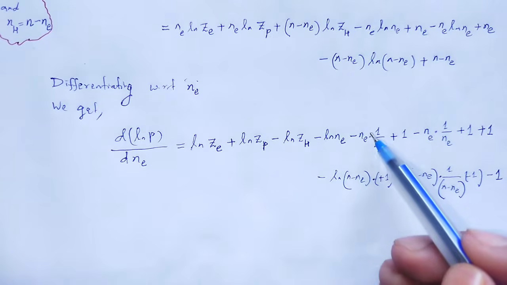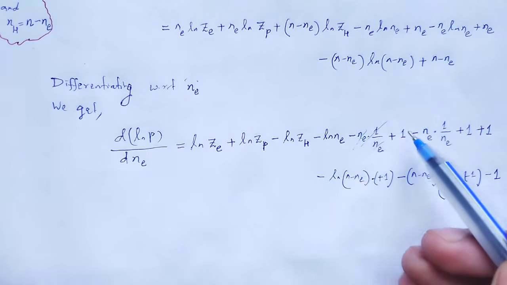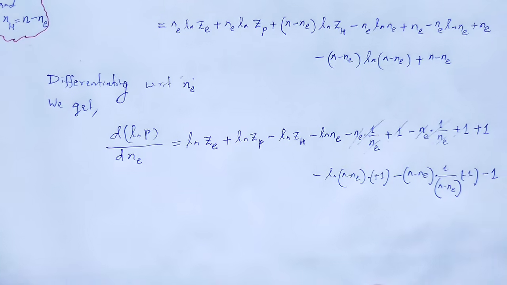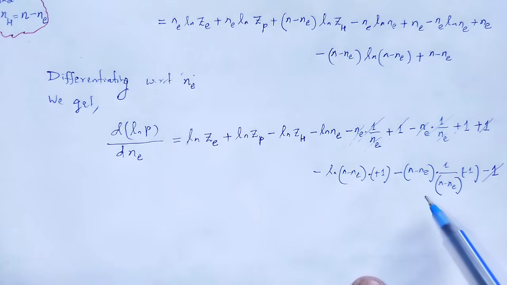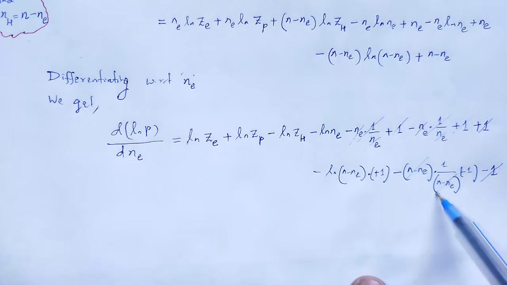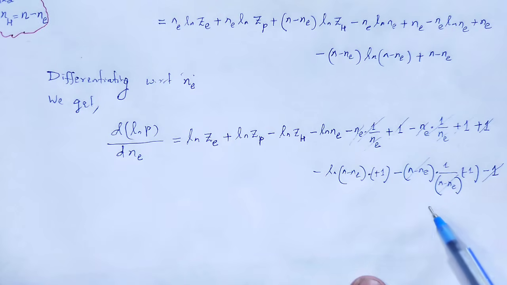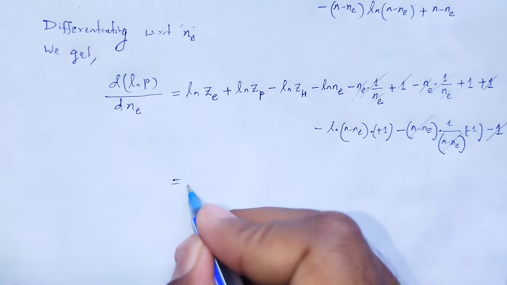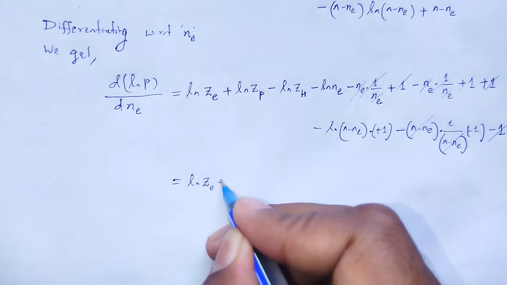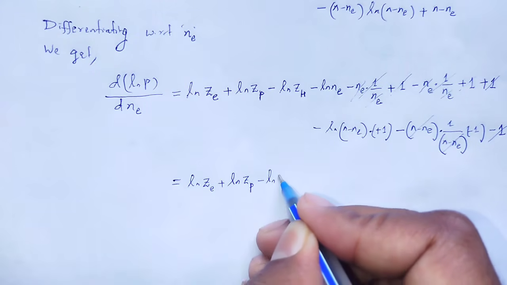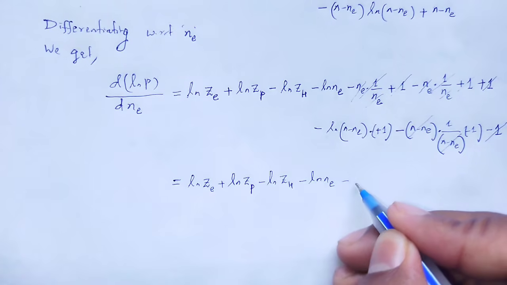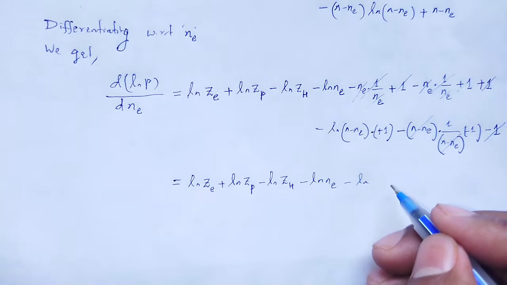Now look here, NE cancel out, plus 1 minus 1 cancel out, NE cancel out, that is plus 1 minus 1 cancel out, again plus 1 minus 1 cancel out, here that term cancel out, minus minus plus, finally we obtain that is ln ZE plus ln ZP minus ln ZS minus ln NE minus ln NE